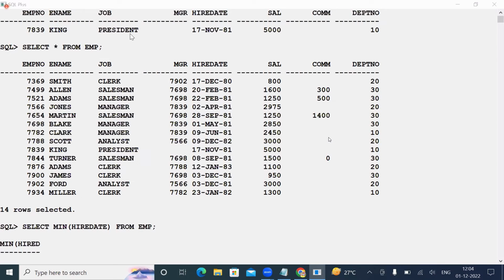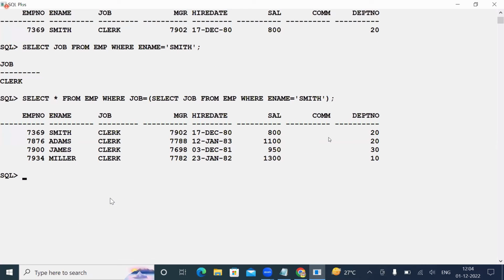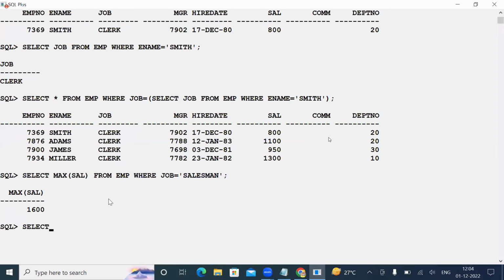Simple. Here, what we need to find out first is the maximum salary of the salesman. So my inner query: select the max of salary from EMP where job is equal to salesman. Now, the salesman maximum salary, how much is it here? 1600, right? Now in the outer query, I'm writing where salary